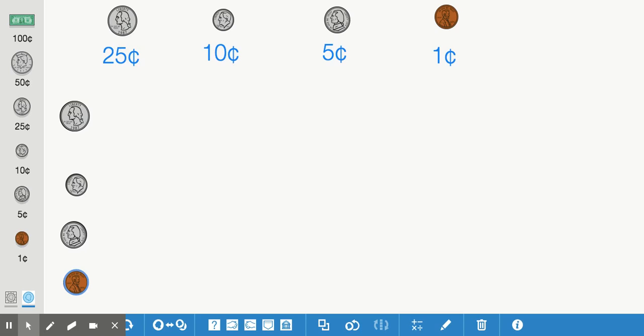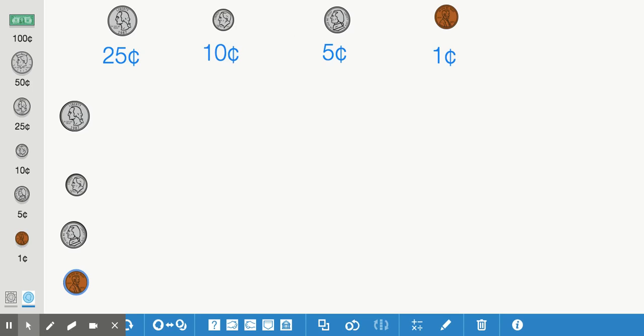We'd also want the first graders to know the relative value of the coins so that, for instance, the quarter is greater than the dime. In other words, the quarter has more value. The dime has more value than the nickel. The dime also has more value than the penny. So we'd want them to understand the relative value.